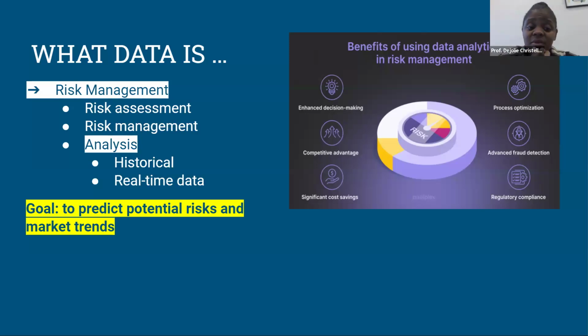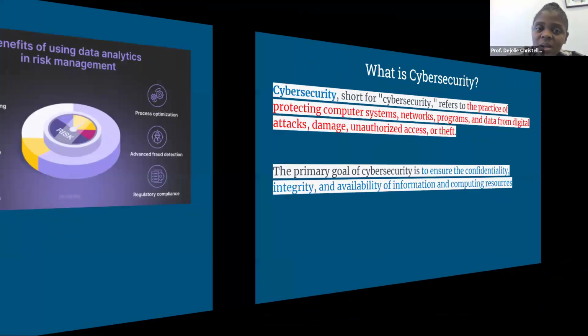And data is very important in risk management, even for analysis, right? Because they can predict potential risk and market trends. When they have data, they can do a lot of stuff. They can analyze, they can even do some marketing. Sometimes you go online, you see they're proposing something to you, they're suggesting stuff, just because you went to one website and you were shopping there. Those data are propagating and then they suggest you more stuff to buy. So data is very, very important.